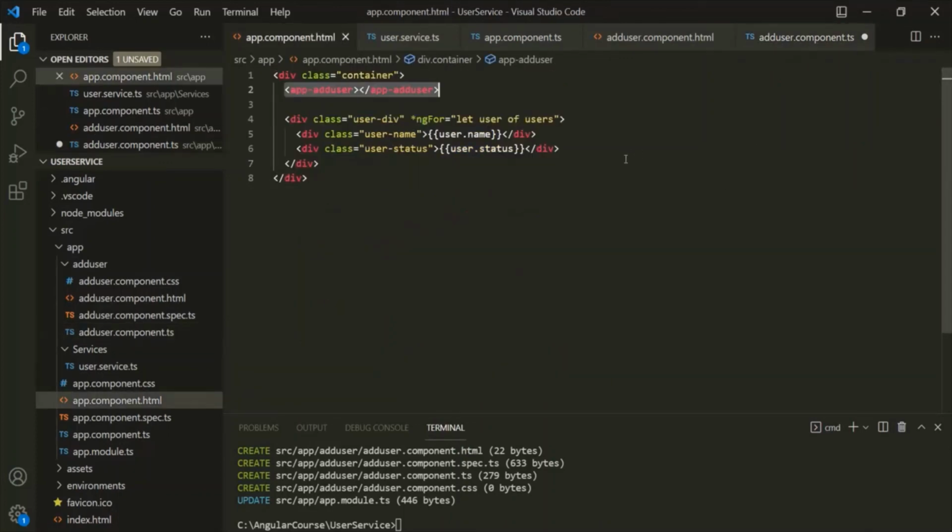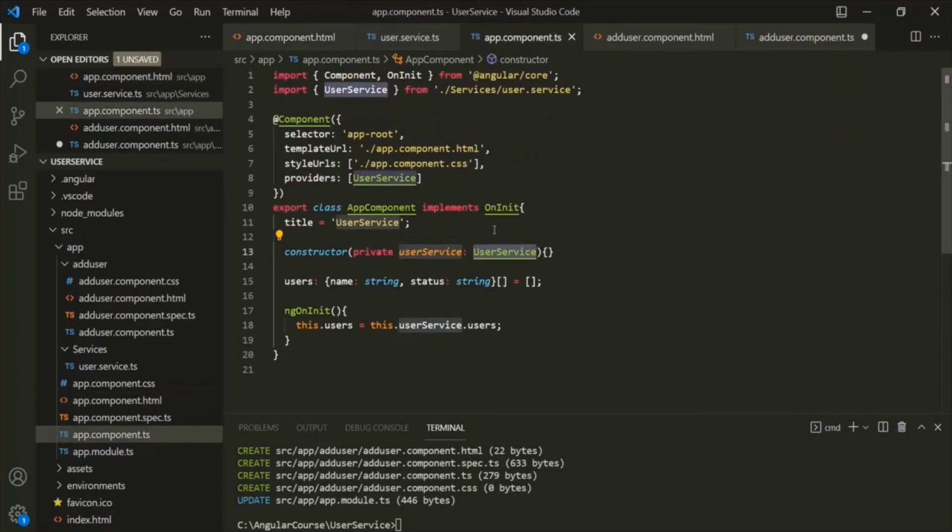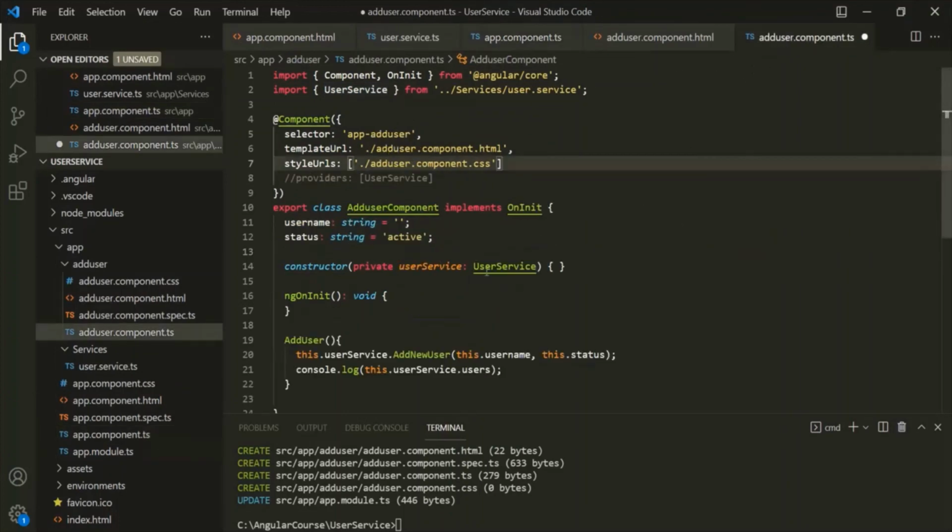And we have learned that when we specify a provider on a component, the same instance gets injected for that component and its child components. And the same thing will happen here. So now this same instance will be injected for this app component as well as this add user component, because now we have removed this providers from this add user component. With this, if I save the changes and if I go to the web page,